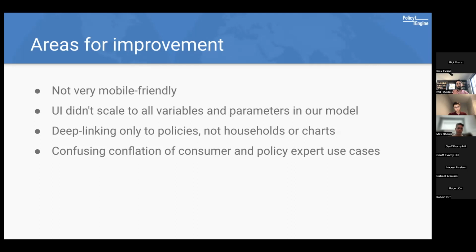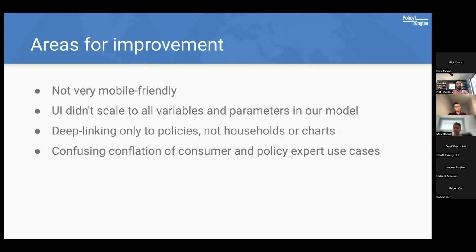And I think more fundamentally, we were kind of conflating two of our user profiles. So there's the consumer or household profile who might just want to know, under current law, what are the taxes and benefits I'm eligible for? And then compare that to the policy reform, policy expert profile where they're going to think, okay, I want basically a CBO preview in my pocket.